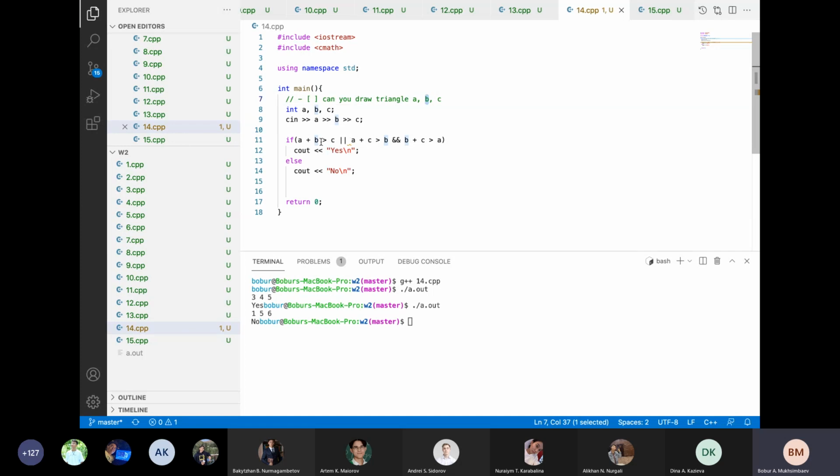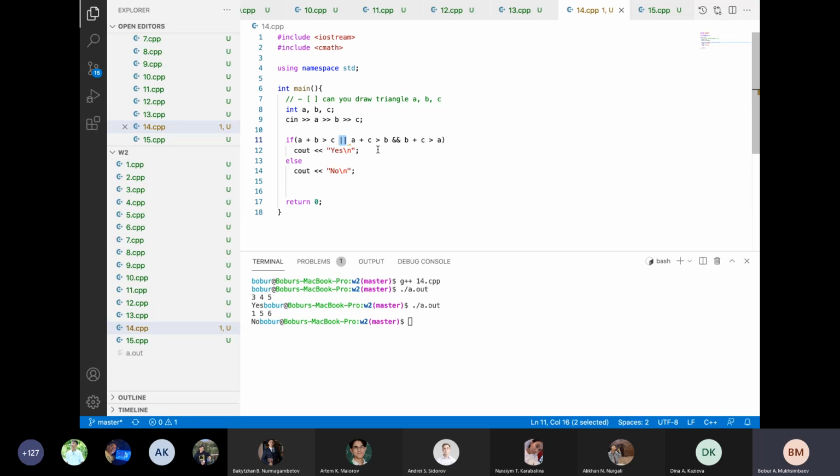If we put or here, the first condition can return false, which means the first condition can be incorrect. For instance, A plus B might be less than C, which contradicts our rules of drawing the triangle. That's why we cannot put the or here,